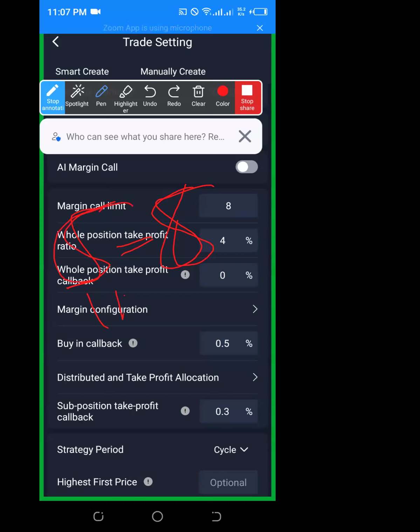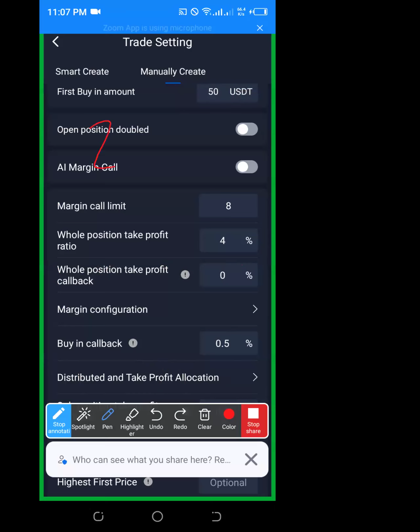But for margin calls from 1 to 4, the robot buys each and every one and sells them all at once, and it gives you the profit of 4%. Okay? But remember, it is 20% of your capital, and the margin calls and the amount of money invested from the 1st call to the 4th call, all of this, the robot will give you 4%.